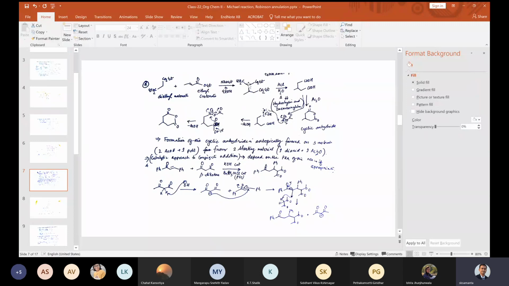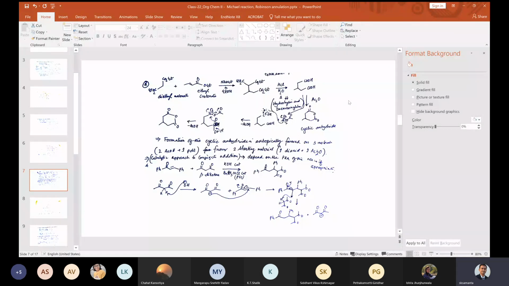Now this one, if we do acid hydrolysis, this will become COOH, this will become COOH, this will become COOH. Now these two are basically in the beta position. That means they form a beta keto acid sort of arrangement. One of these COOH will be easily removed, so that you get this compound. Now this compound, if you treat with acetic anhydride, you can form a cyclic anhydride.